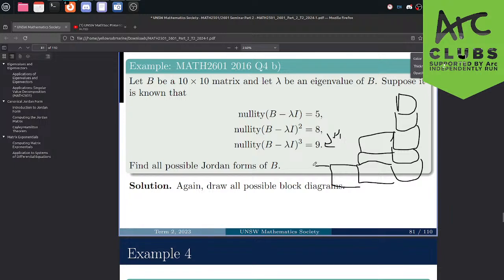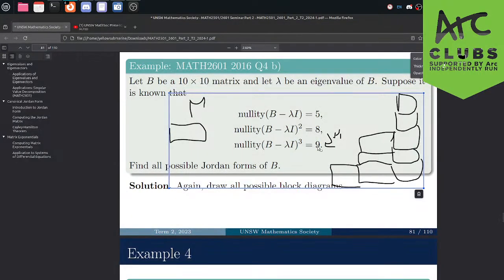So for this eigenvalue, you either have a block here, or you don't. Notice you can't add a block here, because we know that for 3, the nullity was equal to 9. If we add a block there, this would imply the nullity for 3 is 10, which is not possible. So we either add a block here, or for a separate eigenvalue, say mu, we have another block, but we can't have any more blocks. So either 9 blocks plus 1 extra here, or an extra block for mu, and there's nothing else because that adds up to 10.